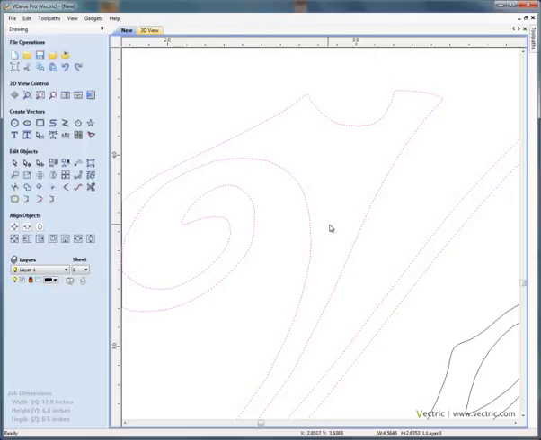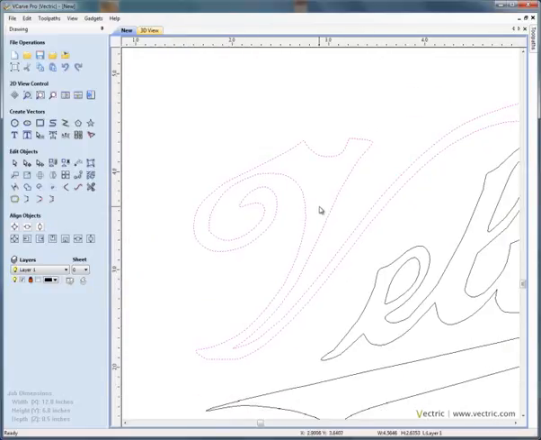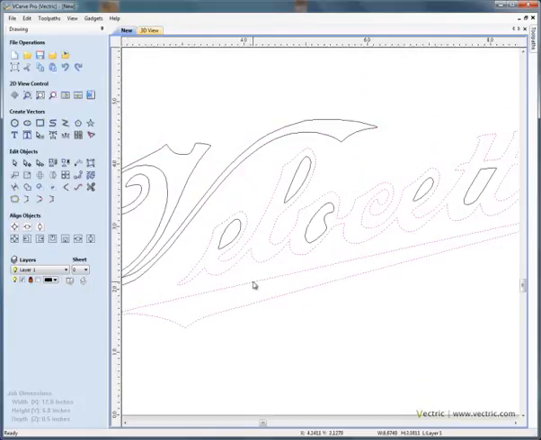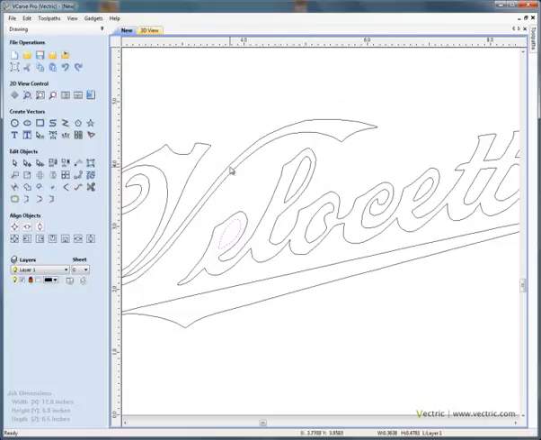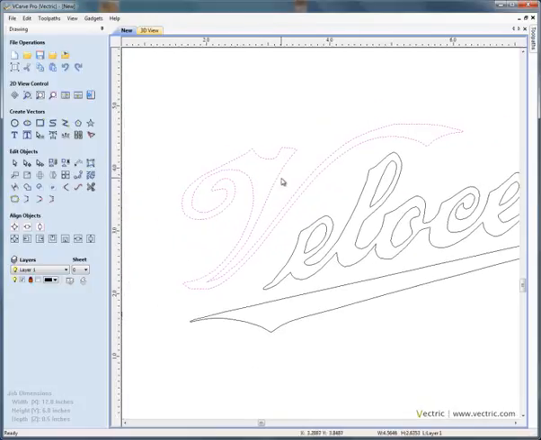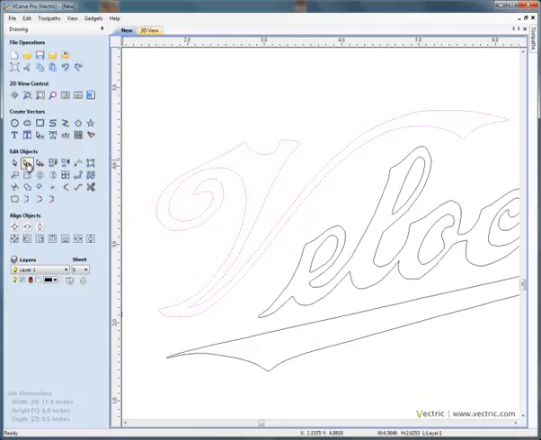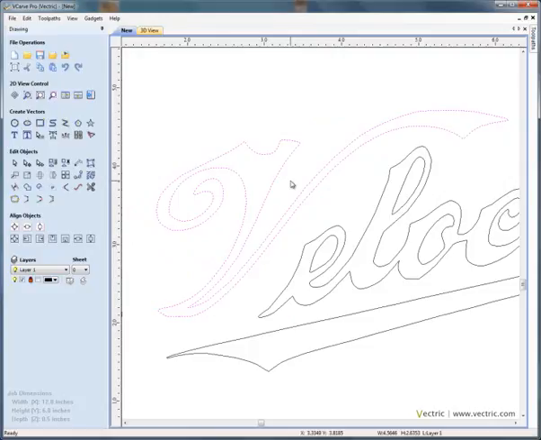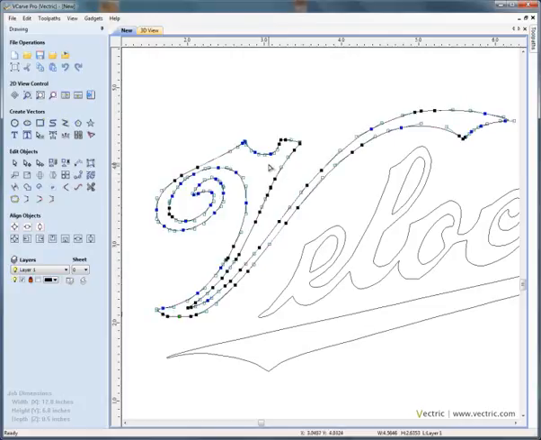Hide the layer manager. If we just zoom out a little bit, you'll see if we press the F key, zoom to fit, we've got vectors for the whole design. So around each letter we've got some vector geometry. If we use the node editing tool, so node editing, we can also select this mode by pressing the letter N on the keyboard. So N will toggle between selection mode where we show the dotted lines, press the N on the keyboard and you'll see that we go into node